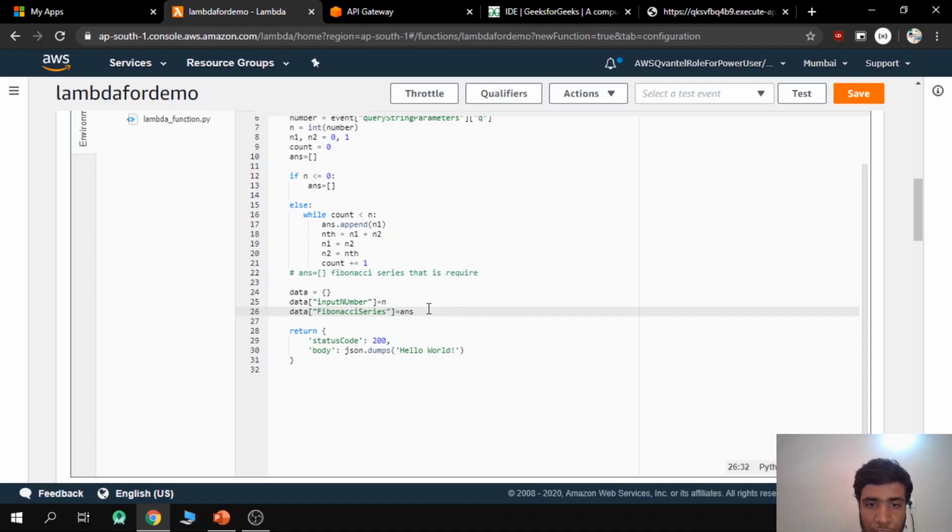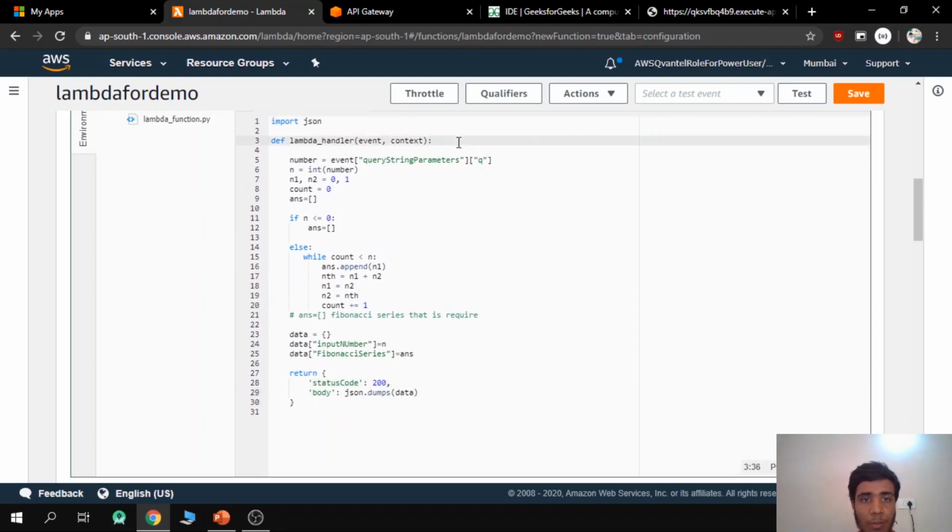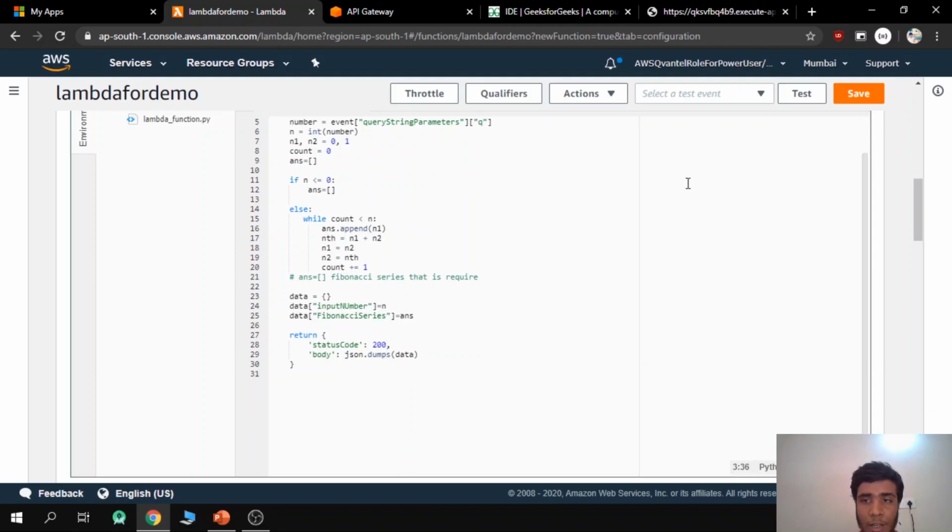So right, our dictionary contains input and answer. We are going to simply dump this into our JSON body. So that's it. We are taking input from the user, calculating the Fibonacci and returning it back to the user. Let's just save it.